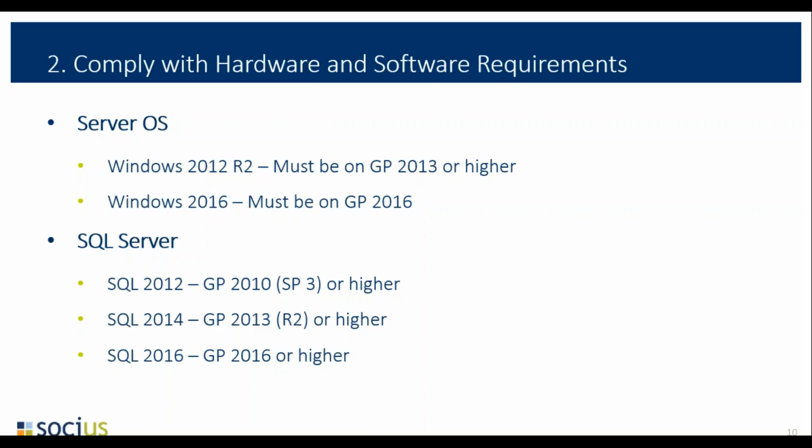And eventually, once organizations move to Windows 2016, then the supported versions will be GP 2016. So there are different scenarios within your organization's IT infrastructure that can affect the decision to upgrade GP. Another scenario is related to SQL servers. If you're on SQL 2012, you've got to be on Service Pack 3 for GP 2010 or higher to be